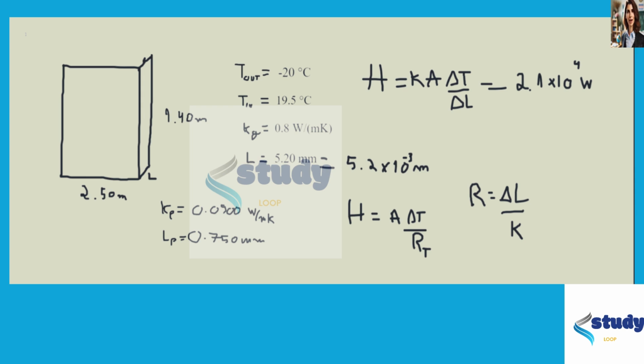So doing this, we obtain that R total is R of the paper plus R of the glass. Just substitute the values here and we obtain